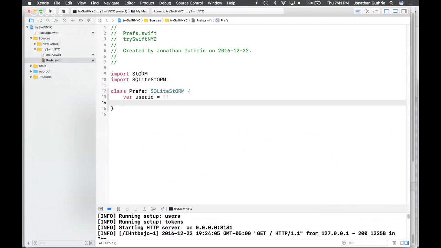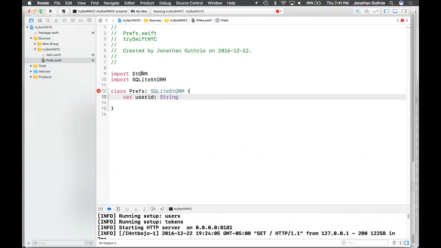Hey, look, the reality is that there is a time and a place for initializers. If you just have your var userID declared as a string, then you have to have an init that sets everything up. But if you know it's going to have default values of nothing and you don't really need to set things up, why have an initializer?